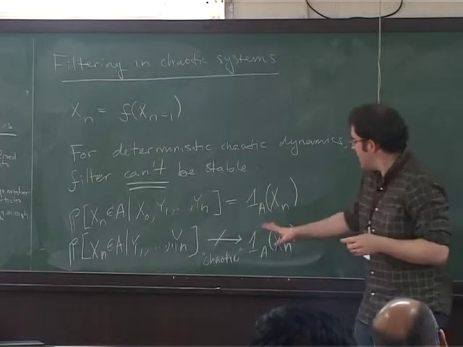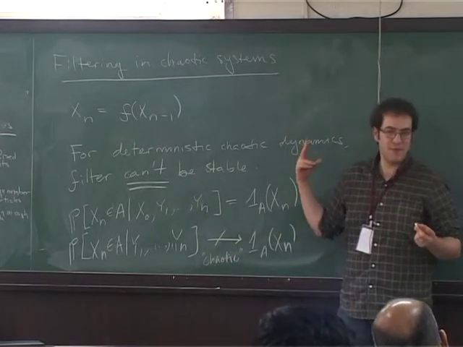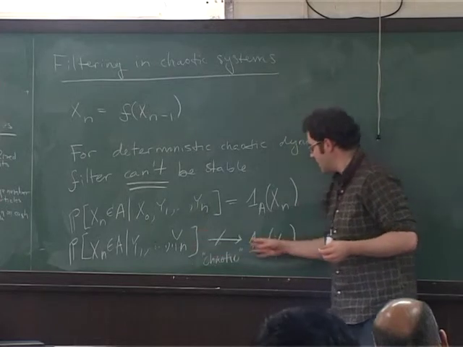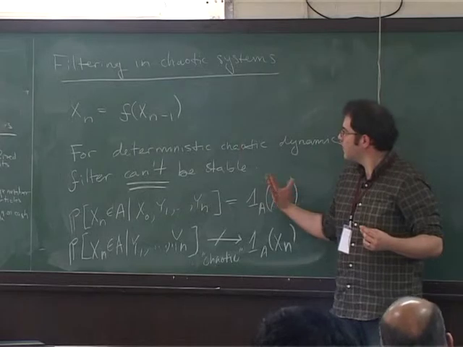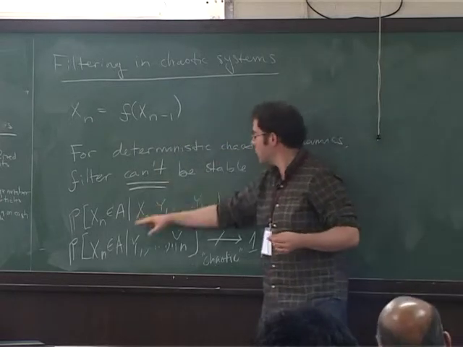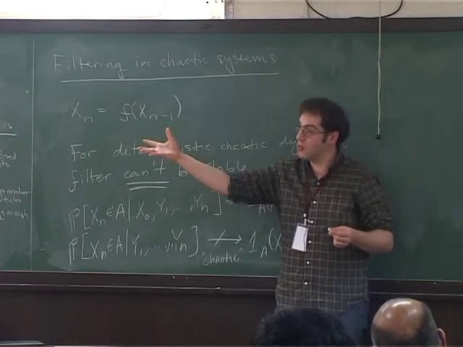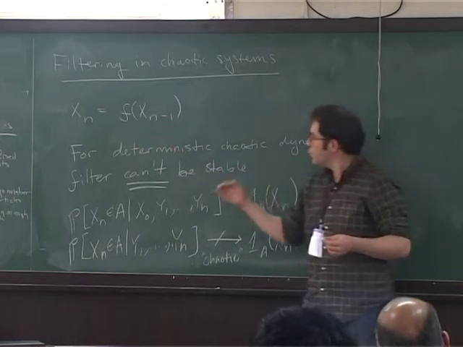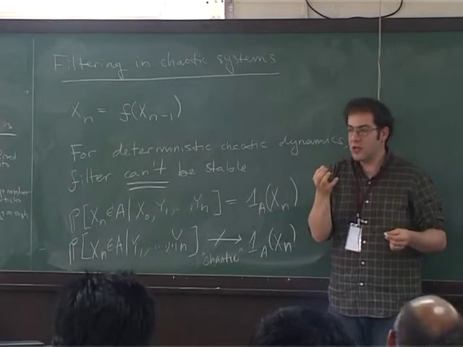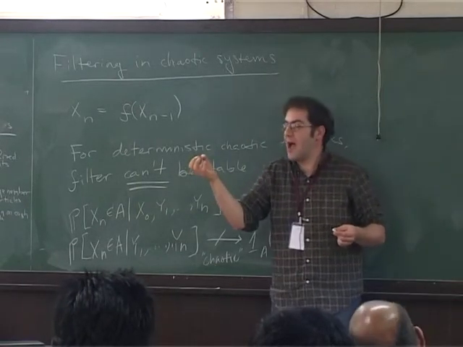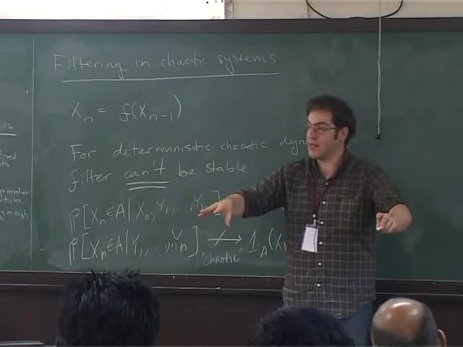But I mean, it's not even clear. So I'll give you two problems. One problem is it's not obvious when this is true and when this is not true, right? But at least intuitively, it's certainly always true that if I have a deterministic system and I know where I am at the beginning, then I always know where I am, right? And it's intuitively true that if the system is chaotic and I don't know where I started, I will never be able to figure out where I am exactly, right? There will always be some lower bound on the error that I have at any given time.